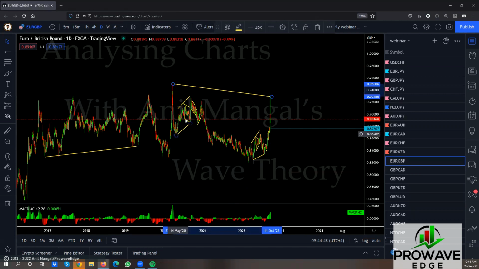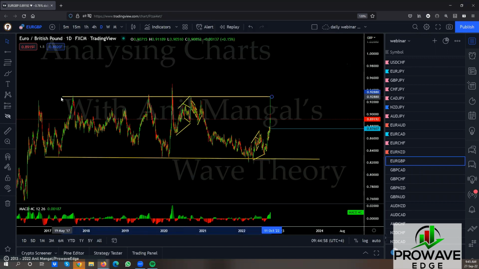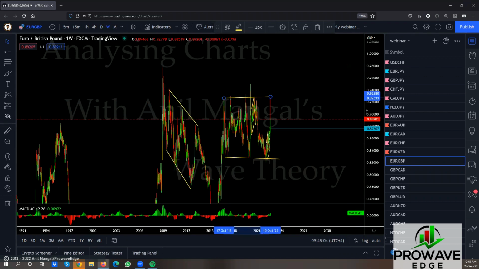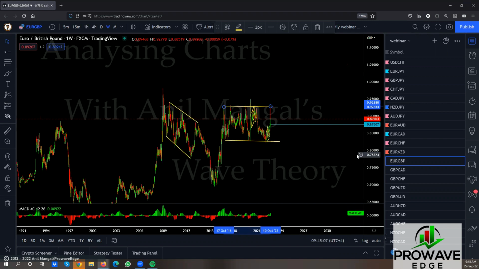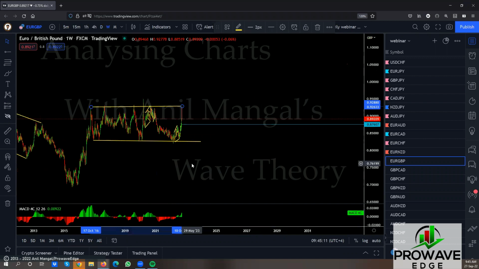1, 2, 3, 1, 2, 3. Why would we be in such a big flat here? Why would it make a big flat? It means all of this is some kind of a big correction. This entire thing. See in the weekly what it looks like. It is strange. This sharp move just made that whole thing very, very strange. We'll have to relook at this whole thing eventually.